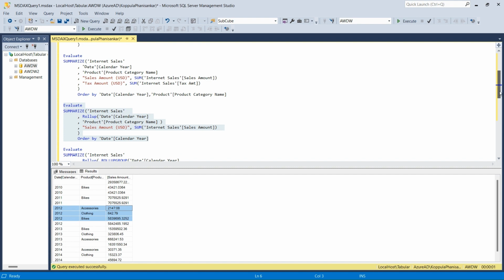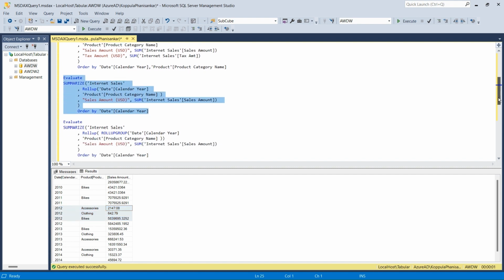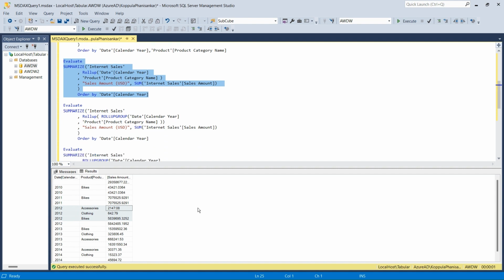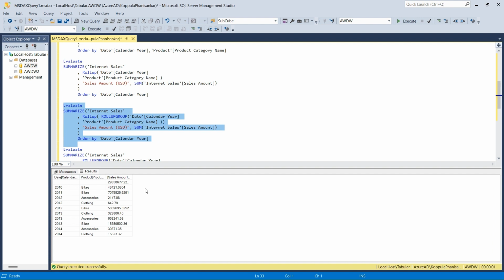So now let's say you don't want subtotals at each product category name level. Instead of that you want to display one grand total. That's where we use the ROLLUP group. Within the ROLLUP we can use the ROLLUP group, and this time you can see you don't see the subtotals. It will directly fetch your grand total for all your calendar year